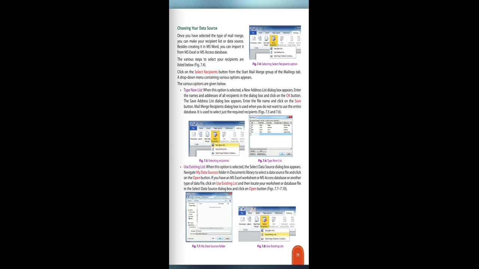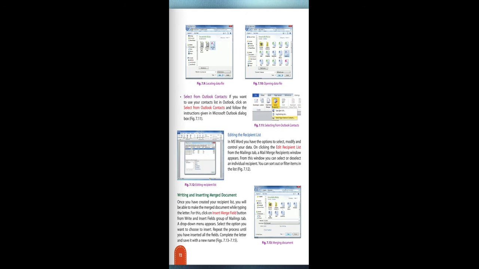The third option is select from Outlook contacts. If you want to use your contact list in Outlook, click on Select from Outlook Contacts and follow the instructions given in the Microsoft Outlook dialog box. Editing the recipient list: in MS Word, you have the option to select, modify and control your data.